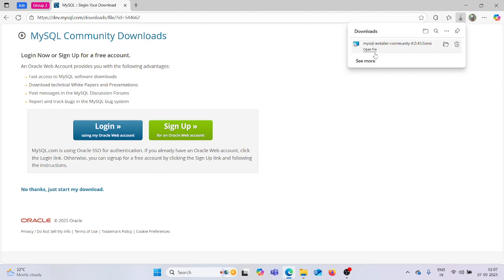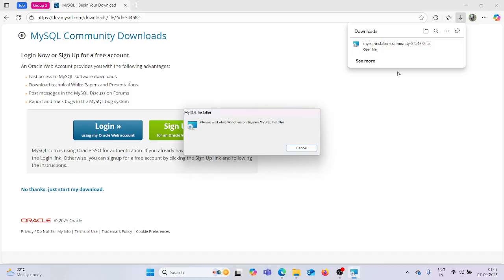Yes. Now you can go to file, open file, and check whether it is downloaded. Now we are going towards the installation part. It's a dialog box showing, do you want to allow this app to make changes to your device? Just go for yes. Okay, now it is showing the MySQL installer launcher. Just yes.